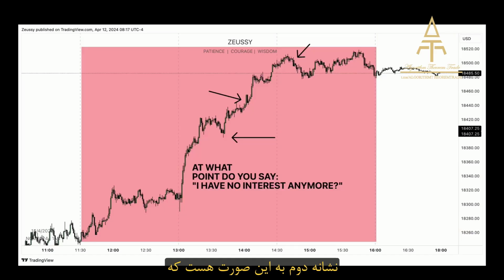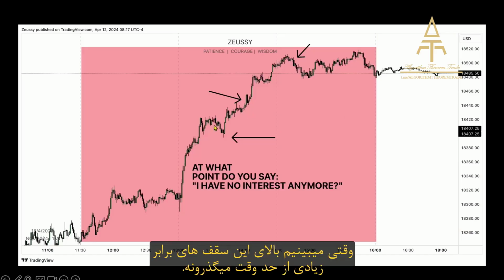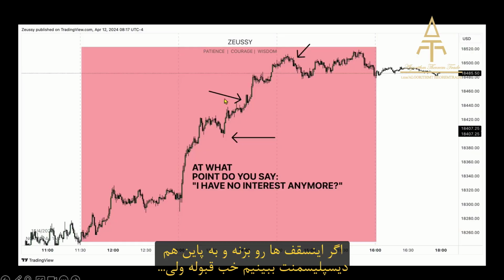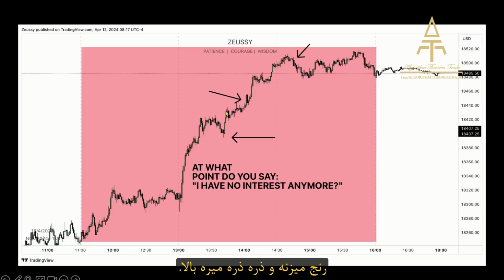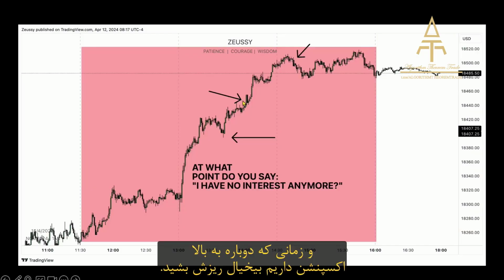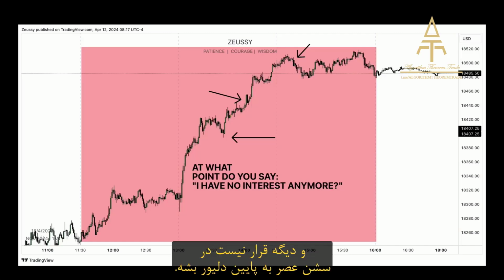The second moment where the realization could have come was the following. It was when the market spent too much time above these relatively equal highs. If it would purge these highs and form a high and then displace lower, okay, then we're talking for potential shorts. But instead, the market just goes sideways and slowly gets repriced higher. The moment that the market begins to expand higher, it's obvious, close your chart. It's not going to deliver. It's simply not going to deliver lower during the afternoon session.